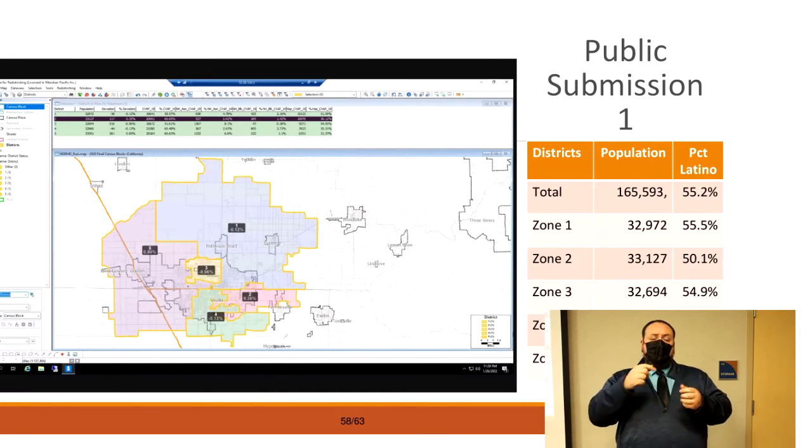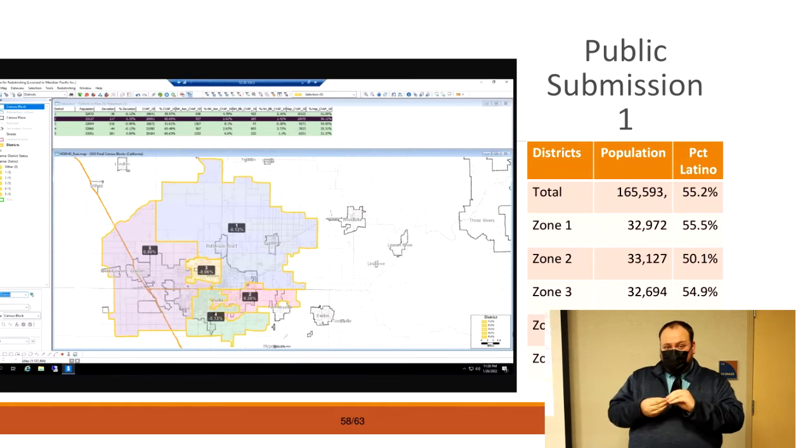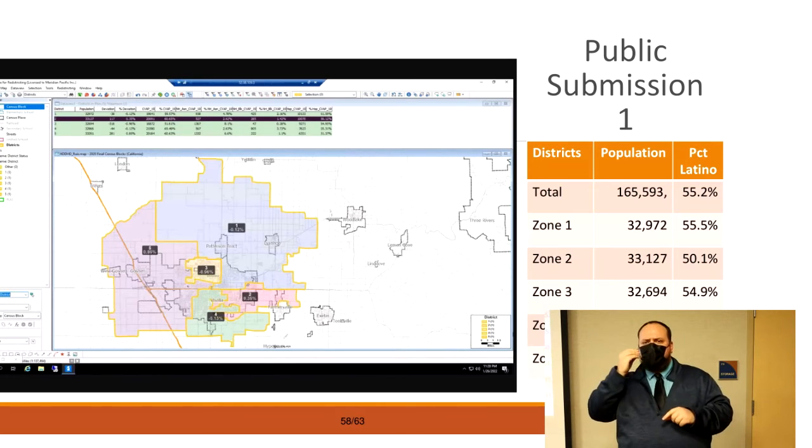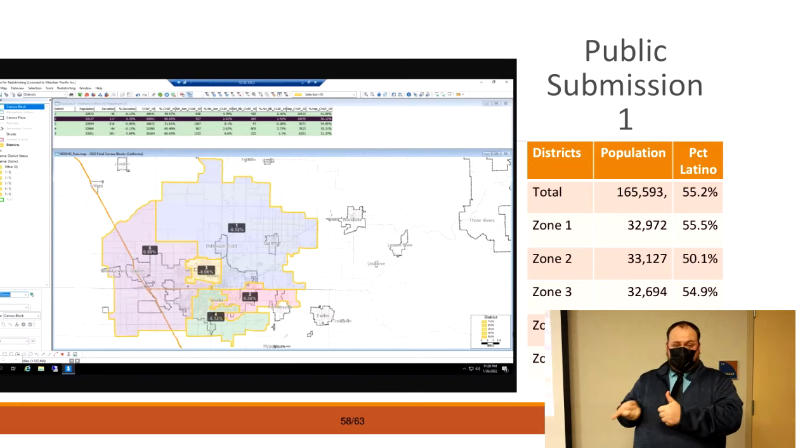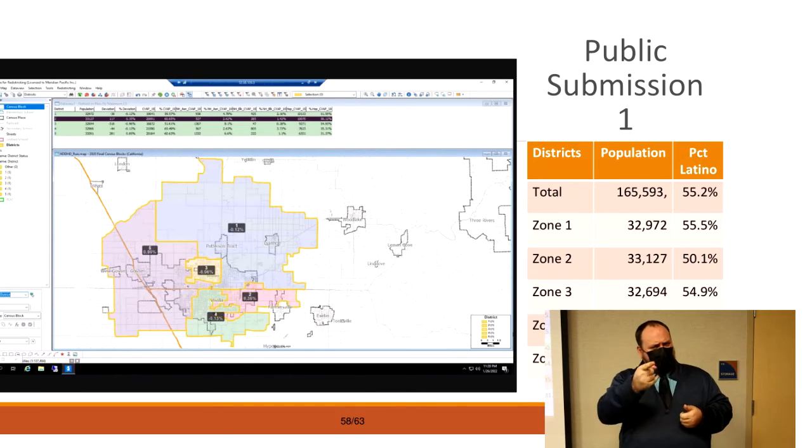So with those numbers, I was able to go home and use Dave's Redistricting, like Eddie said, and I was able to make the first map. In the first map, I don't know if you guys remember, but I was sitting right here, and I said that I wanted roughly 3 Latino majority districts, right? And I went on, 2 VRAs. So when we did that, you could reach 3 Latino majority districts, but they're not effective. And the key word in redistricting is effective districts.